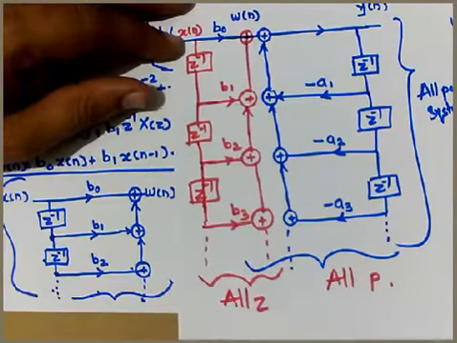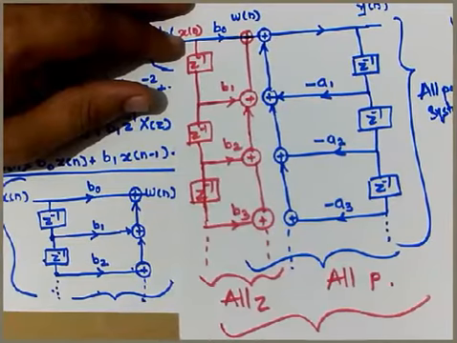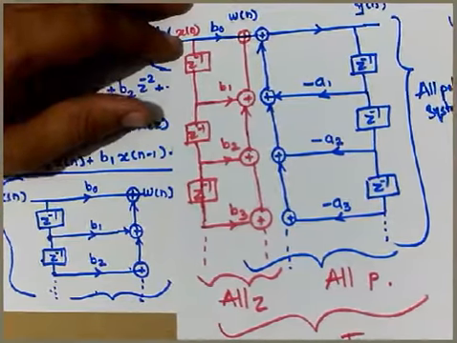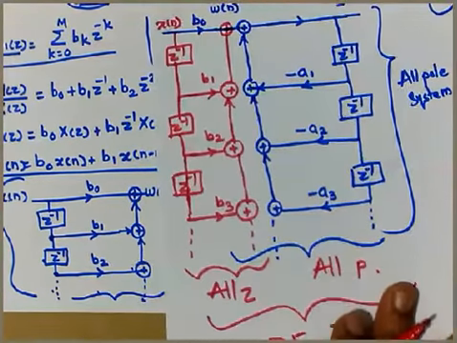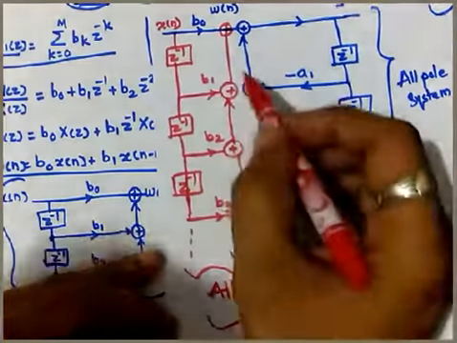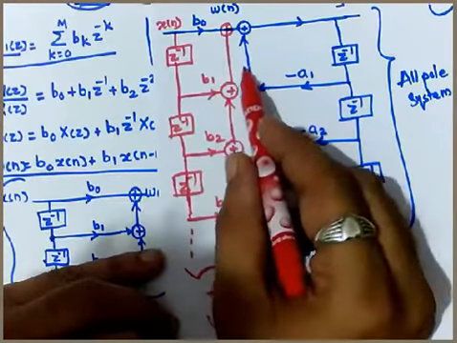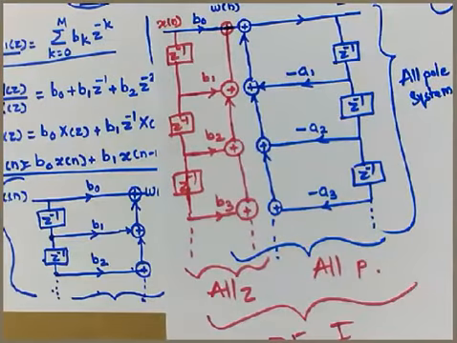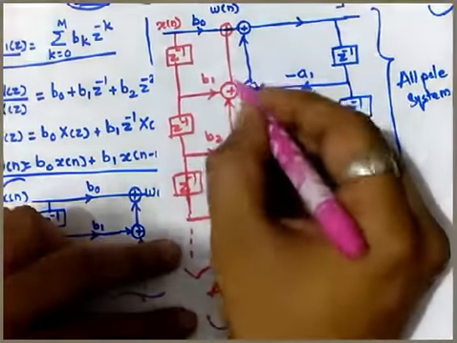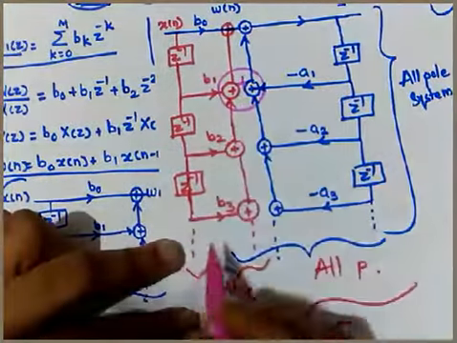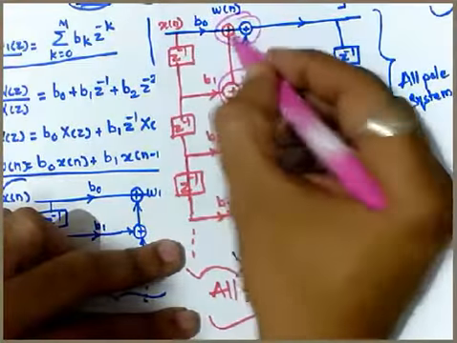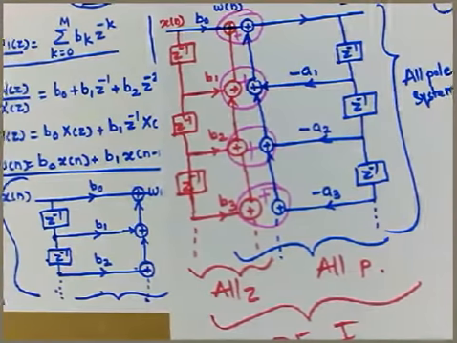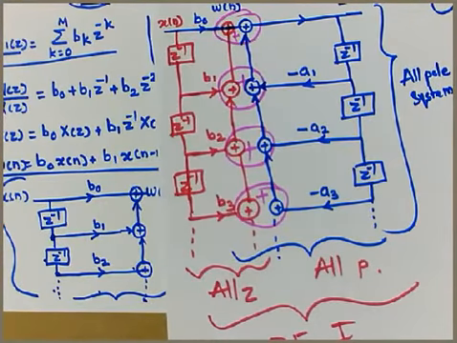This combined structure is called DF1, or direct form 1 structure. These two combinedly are called a direct form 1 structure. Now here one may write down a common adder over here, which means these two blocks can be written commonly like this. This single adder can be done over here. Here also a single adder, here also a single adder. So that is nothing but the direct form 1 structure. So thank you everyone, thank you very much.